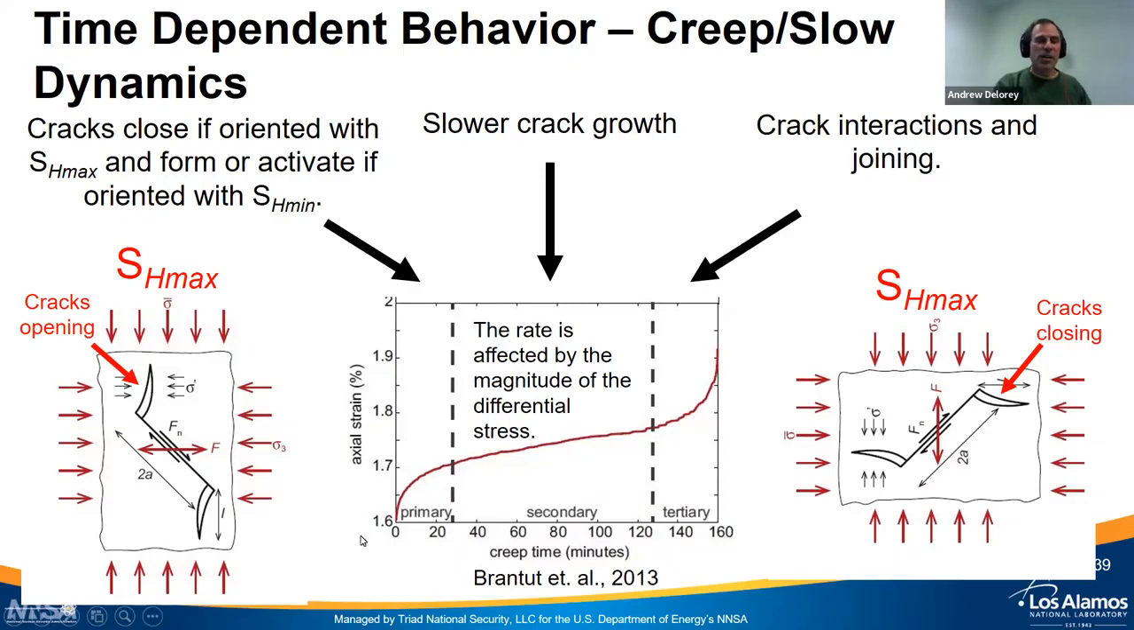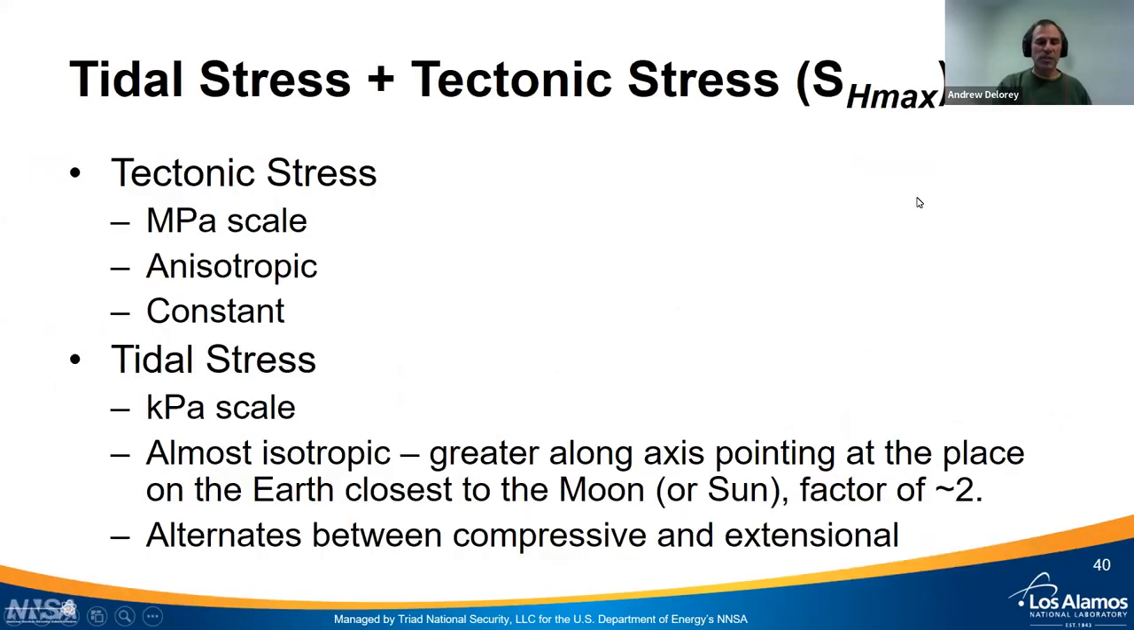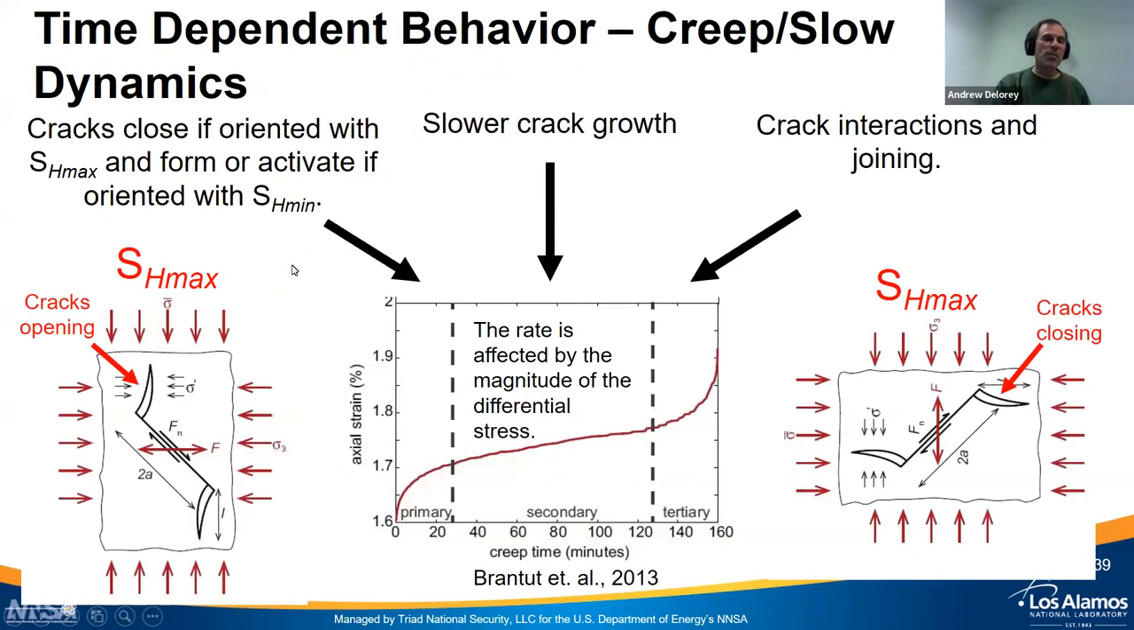You have this primary deformation part of it where cracks are closing if they're oriented with SH max, or forming if they're perpendicular. Then you have this slower crack growth, and then later on the cracks interact and join and the material fails. If you look at that in terms of what it may look like on some hypothetical